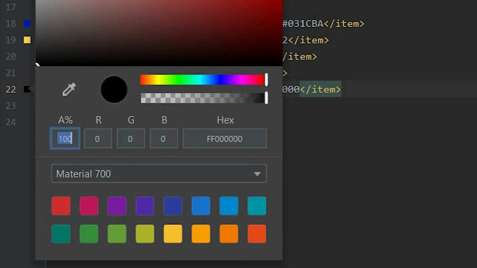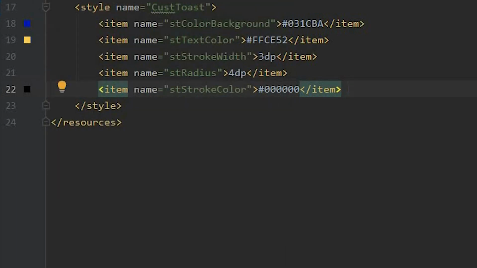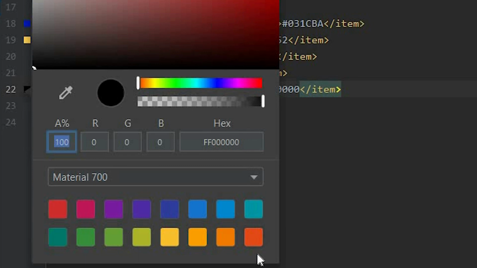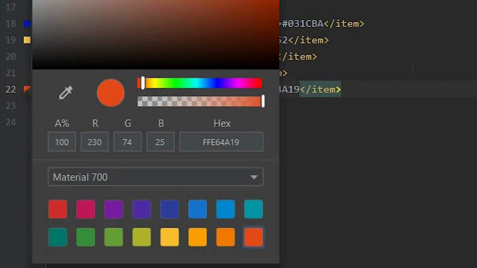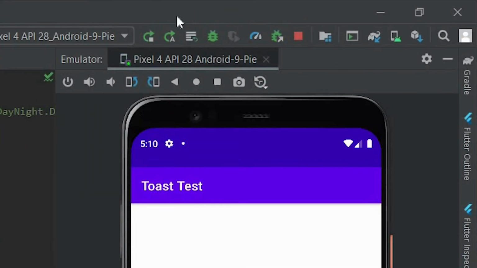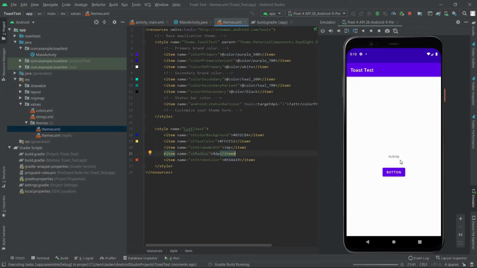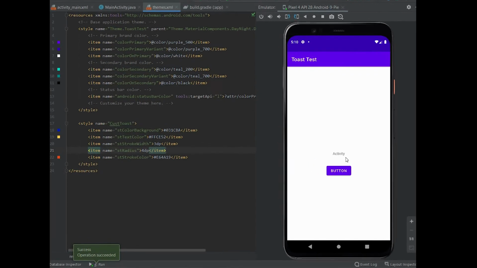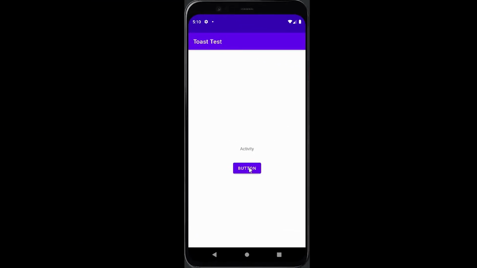I know it looks a bit weird, but this is just for demonstration purpose. Okay, so let's see how it looks. Here you can see our toast is ready with custom stroke,